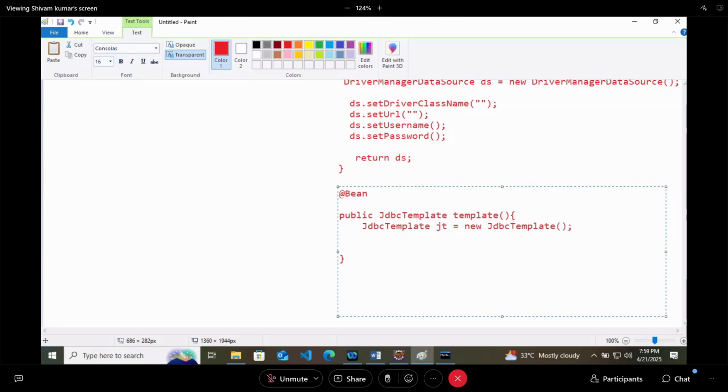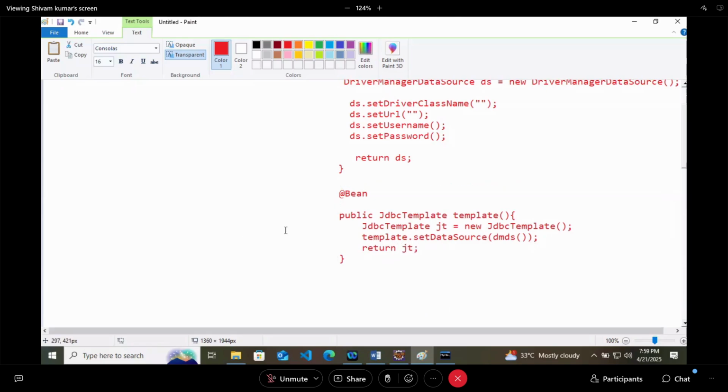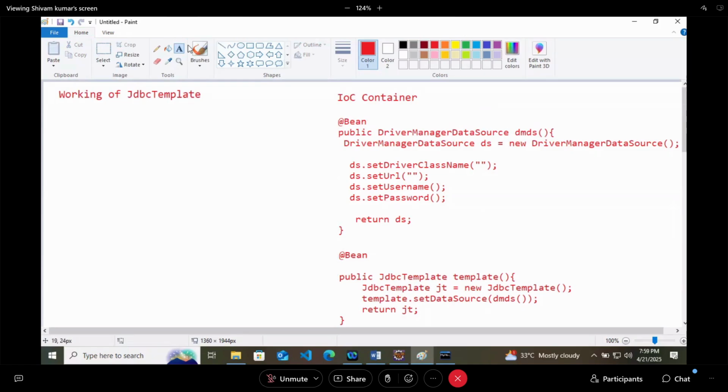To this template, we are setting the data source. So template dot set data source, DMDS as the method name I am setting here, and it is returning JT. Now let's understand how this particular part is working.